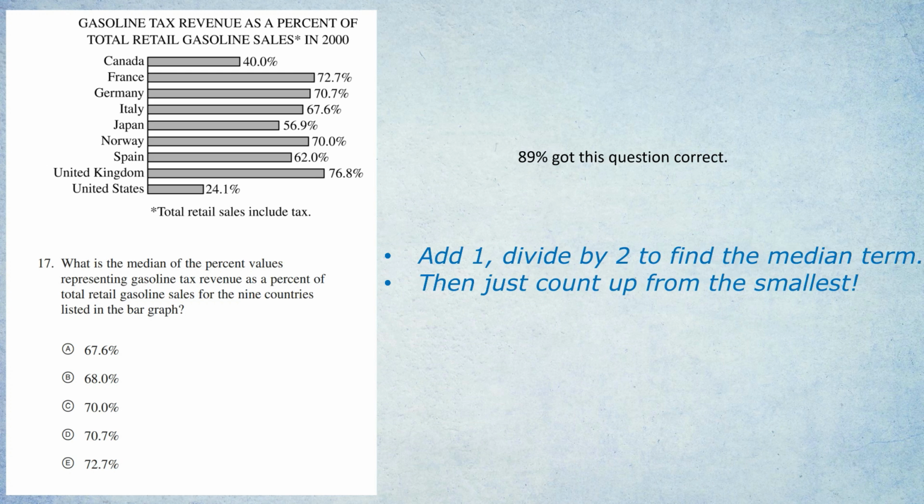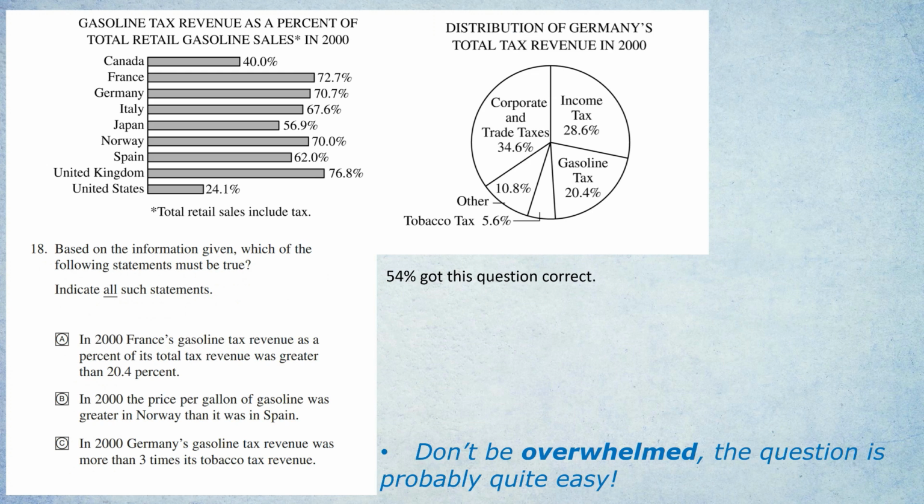Same data, but there's more data. Look at this one. 54% of students got this question correct. There's more data here, but again, don't be overwhelmed as I've written down below. The question is probably quite easy. That's actually my main message for the whole video, for integrated reasoning on the GMAT and data interpretation on the GRE. You can be overwhelmed by the numbers and the captions that you can see, but whenever I see loads